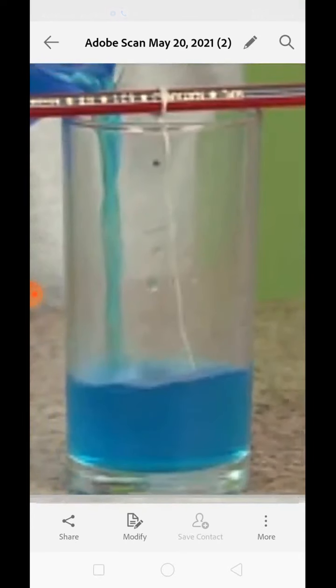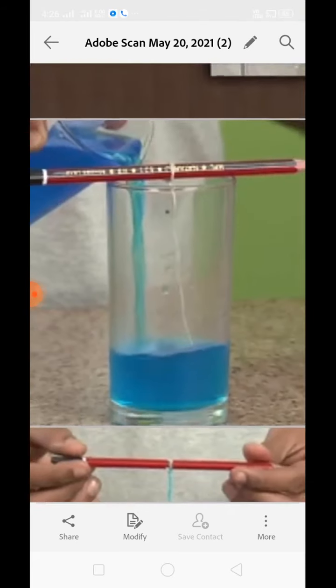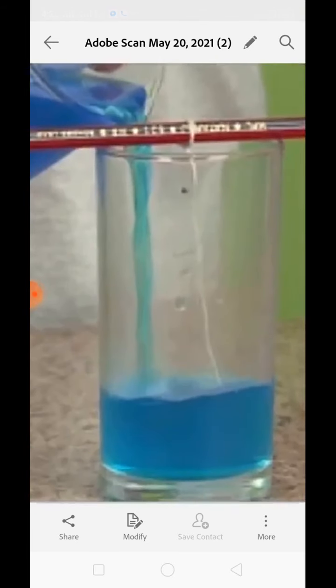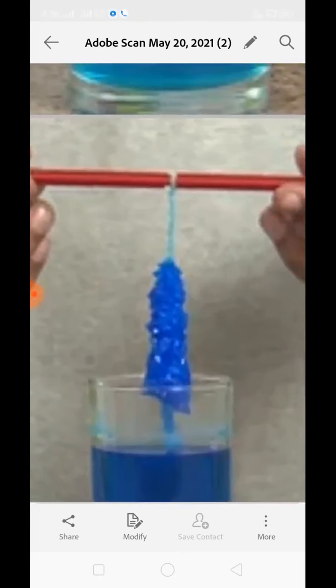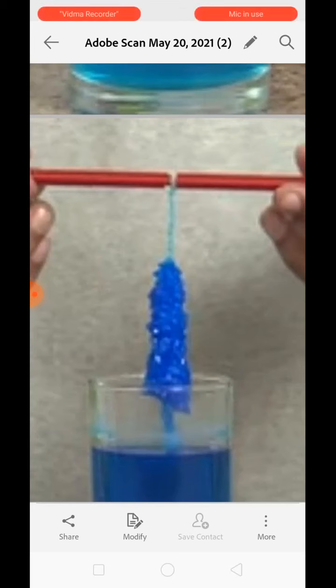Okay, and then you will leave it like that for a longer period of time, like about 1 week. What will happen then? The sugar crystals will get deposited in this thread which you have hanged from the sugar solution. Now over here we are having the crystals of copper sulfate because we have used supersaturated solution of copper sulfate. Understood? Now next, after this is question answer.